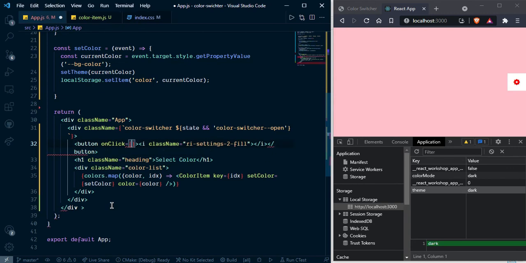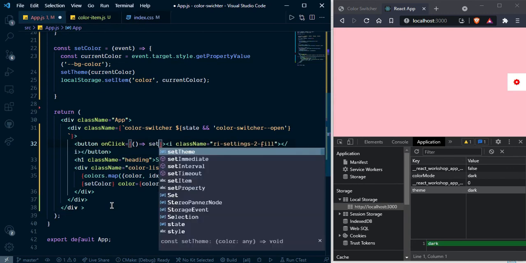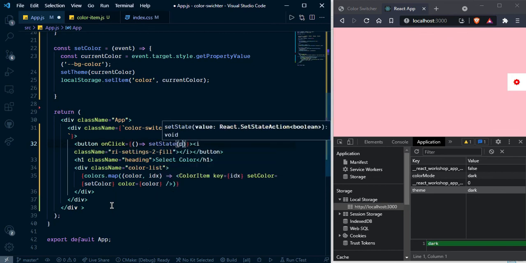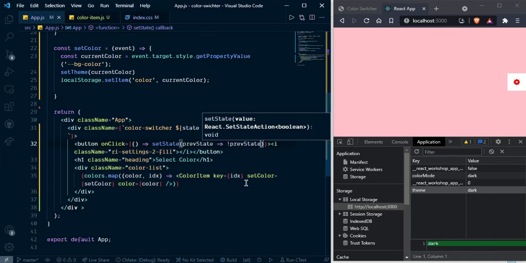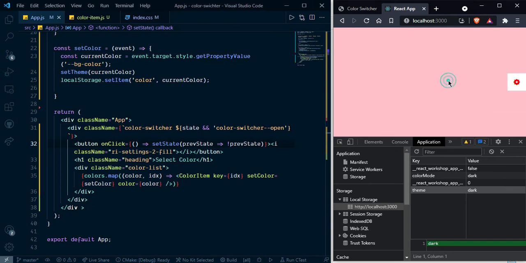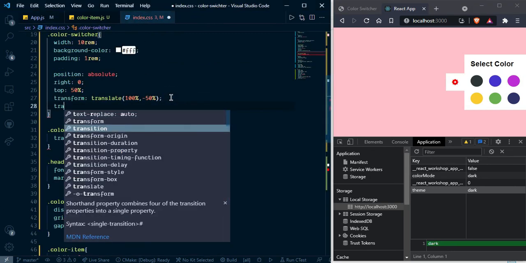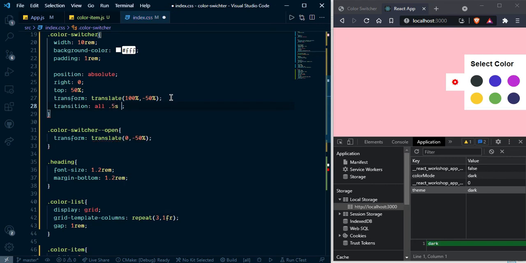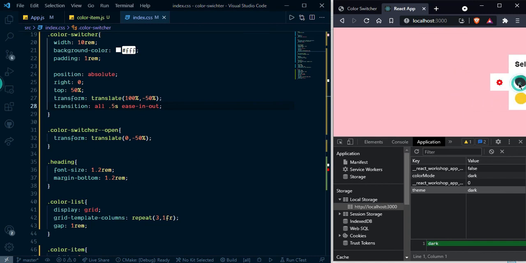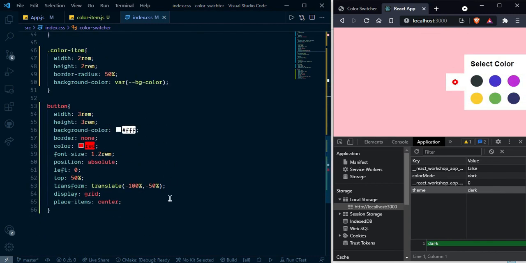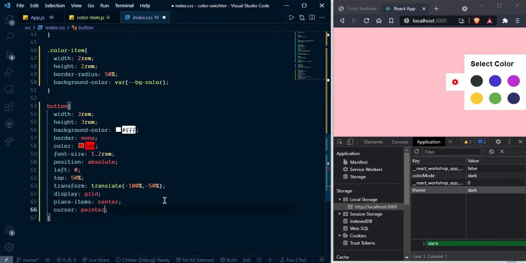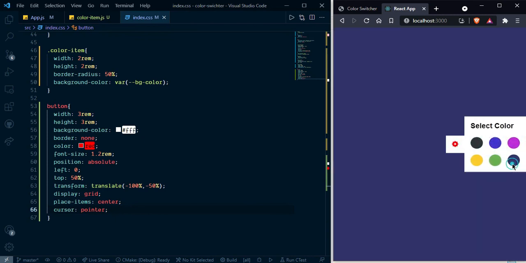So now we can click, as you can see, and add a listener on the button. So on click, create an anonymous arrow function and set state and previous state, convert it. Now as you can see it's working fine, but it's not animating. So simply add here transition 0.5 second. Now it's working fine, and add cursor pointer. Now as you can see it's working,